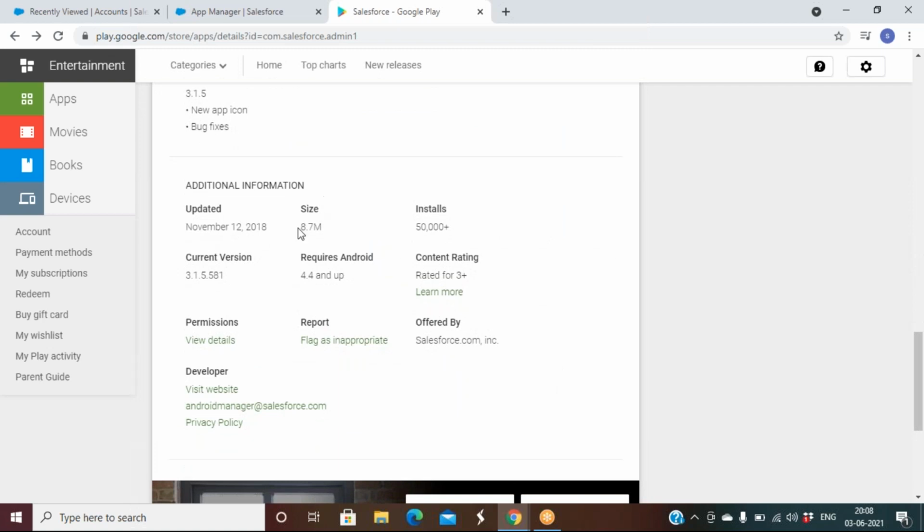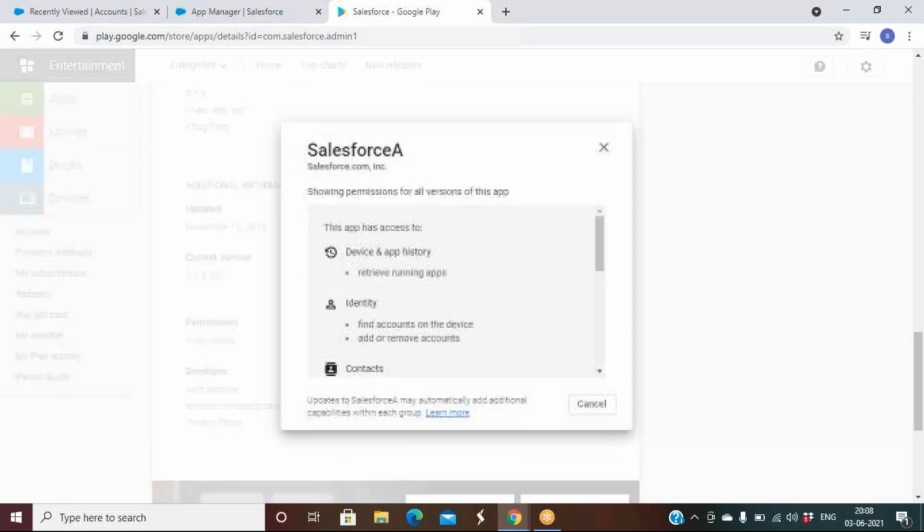The size is 8.7 MB. This many total installations have been done. The current version is this, and it requires Android 4.4 and up. It is rated 3 plus.